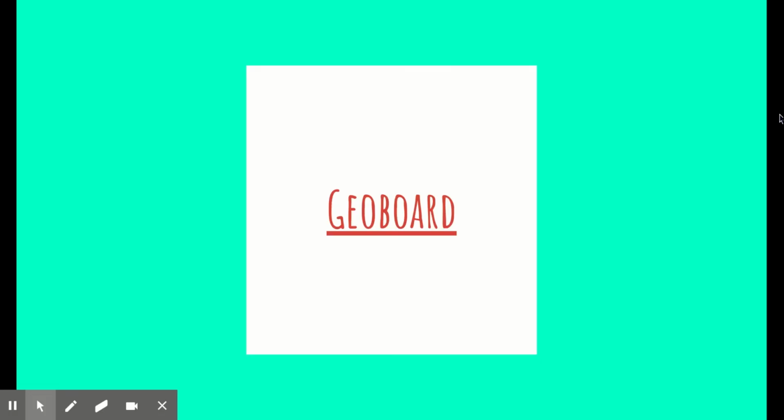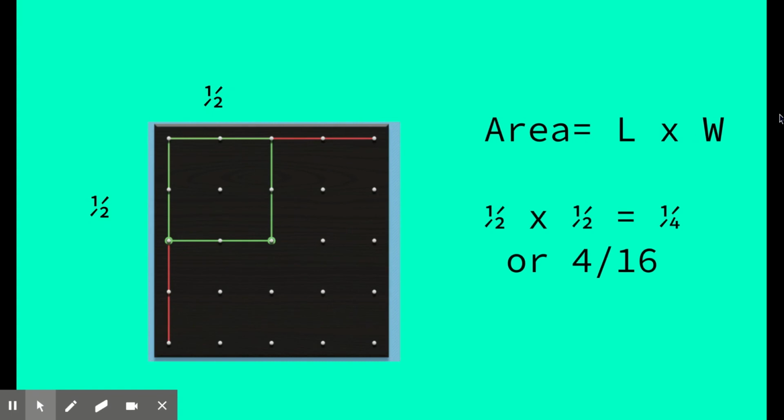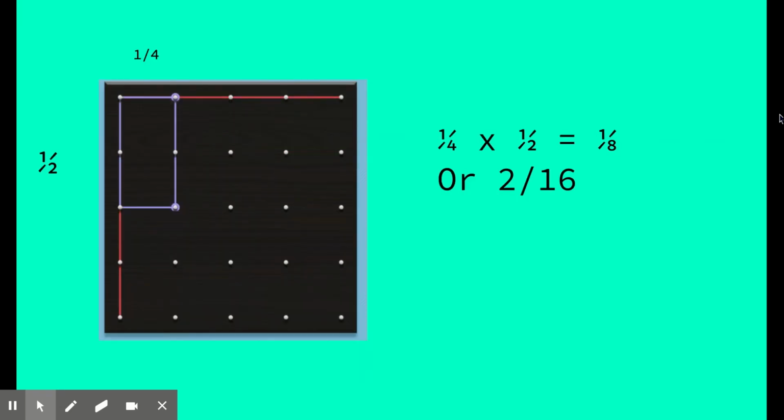Now that we've tried some things on the geoboard, let's put them back so that you can take a look. This was our square that was 1/2 by 1/2 units large. We figured out that these were the dimensions of the sides and that the area was 1/4 or 4/16. This was our second rectangle that we built, and we found out that this purple one is 1/2 by 1/4. And when we figured out the area of the inside of the figure, that we had 1/8 size piece out of that whole unit, and that's also equivalent to